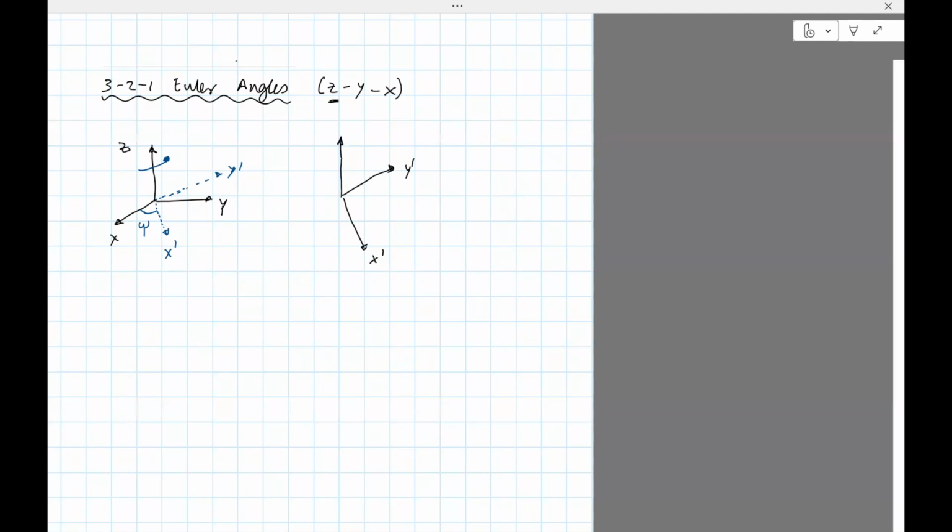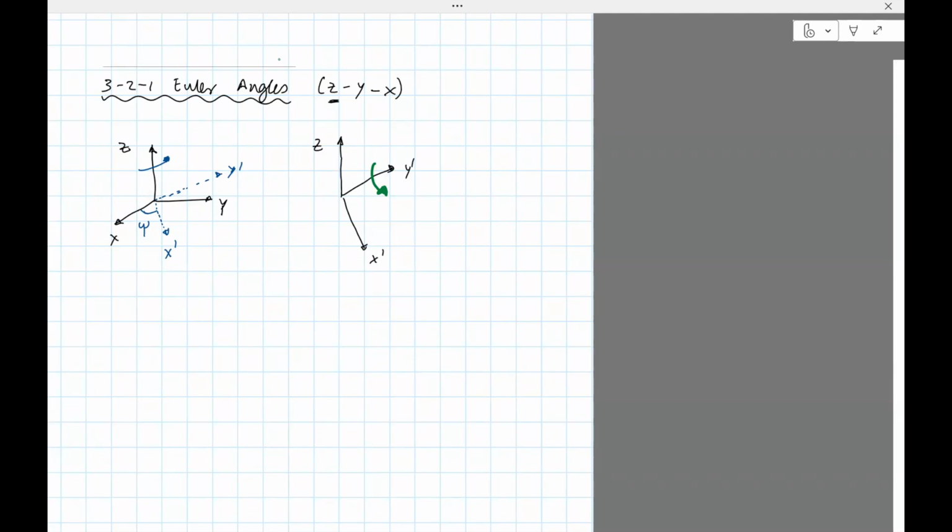Now, it looks a little weird here, but basically the angles between z, y prime, and x prime are 90 degrees. So there's a plane formed by x prime and y prime. Next, we rotate about the y-axis. Again, curl the fingers of your right hand along y prime, point the thumb in the direction of y prime, and curl your fingers along the arrow I've shown, and that would give you a new